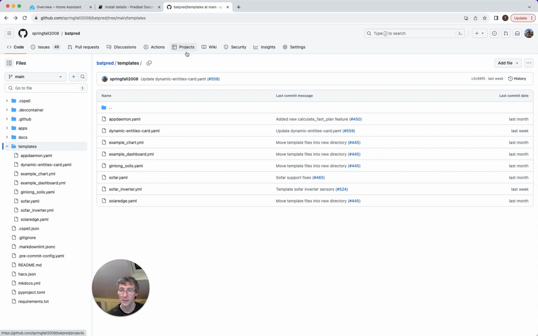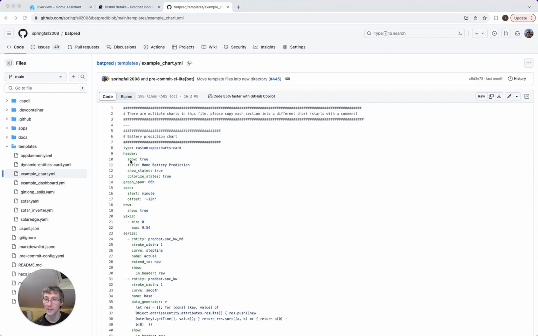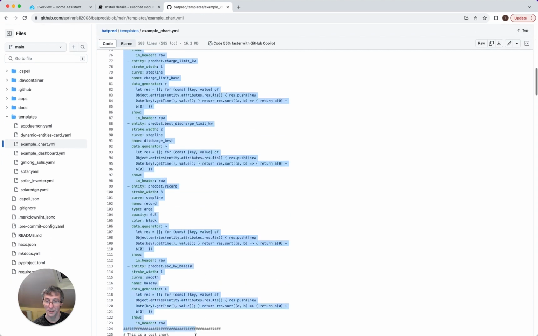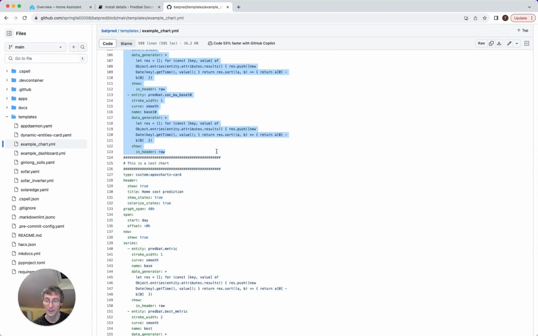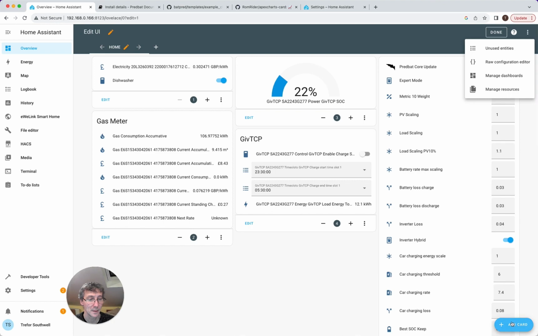So to get the charts, I look at the example chart, and I can see there's multiple charts in here. So you want to copy one at a time. So let's copy the battery prediction chart. So let's just highlight all the way down to the end of that. Copy, go to here, do dashboard, add the